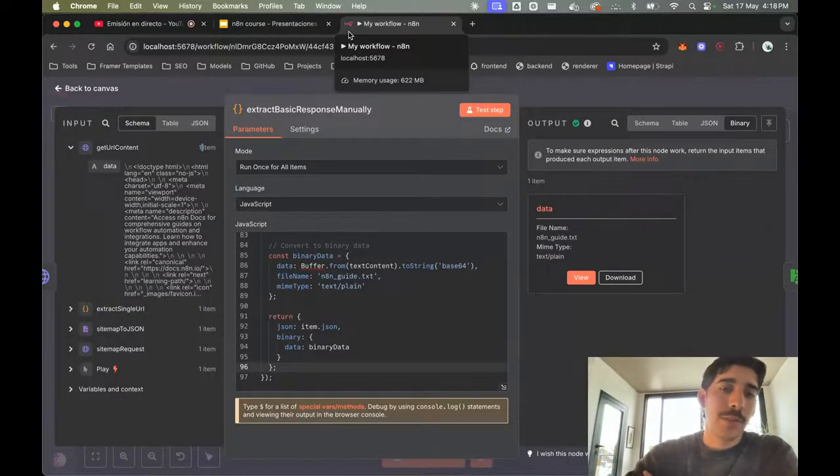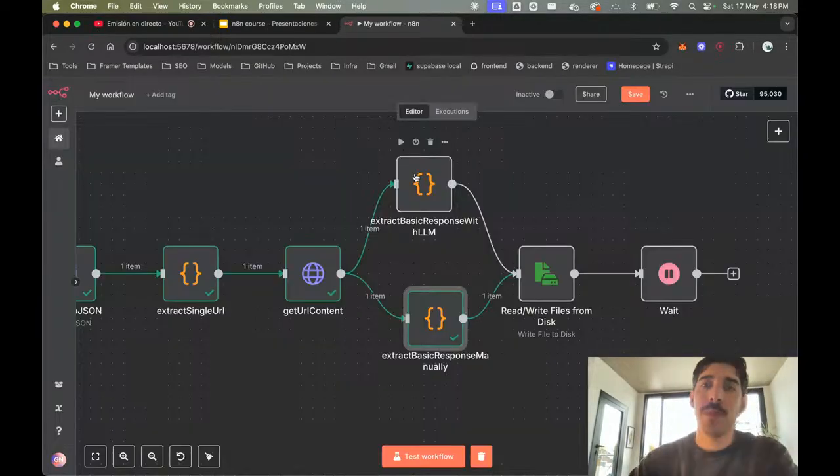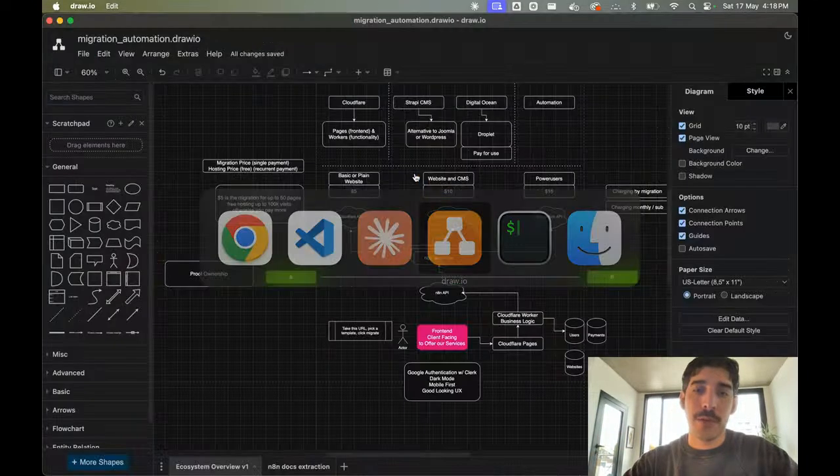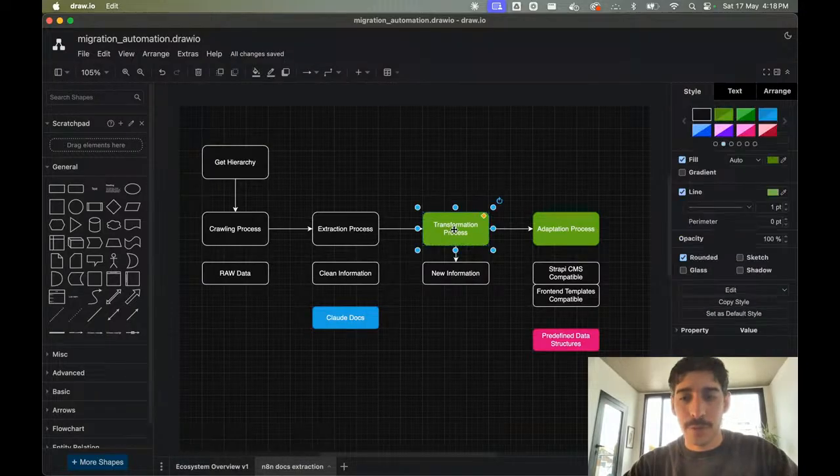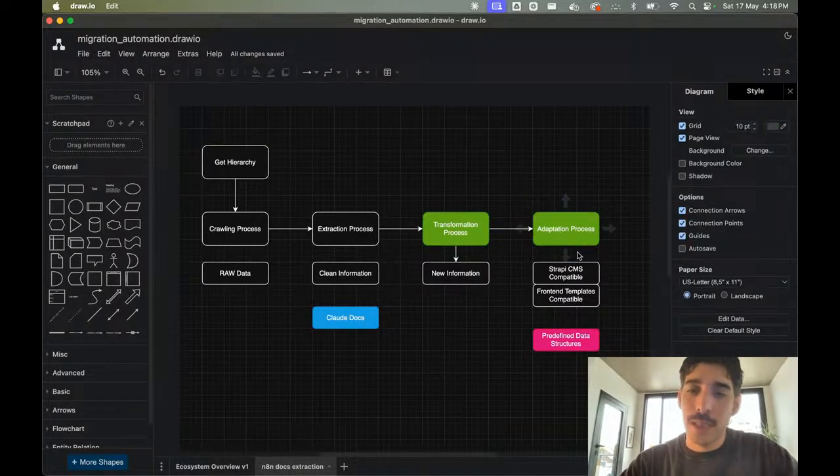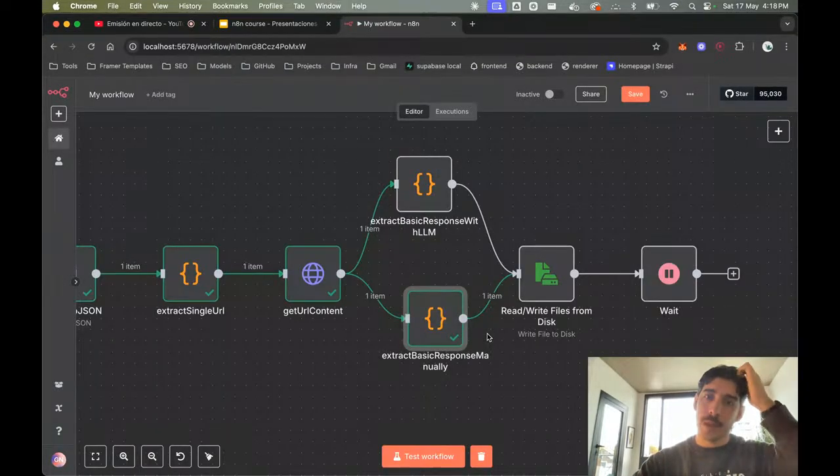As we have seen in those other cases, for some scenarios the LLM could be great, if we have the transformation or the adaptation, at that stage in particular.